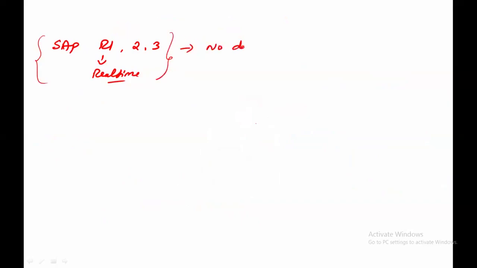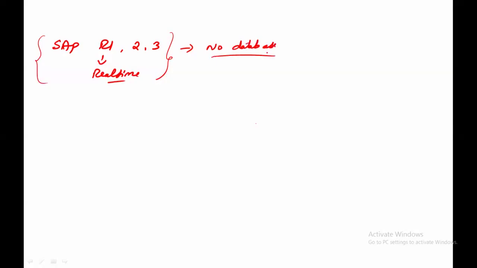So initially there was SAP R1, 2, and 3. R is nothing but real time. This was the first version which SAP released. When we were in R1, R2, R3, SAP did not have any database. You need to understand this difference, which is very, very important.